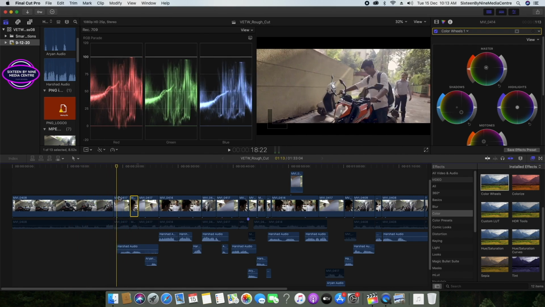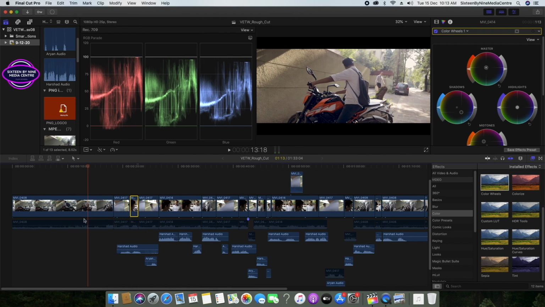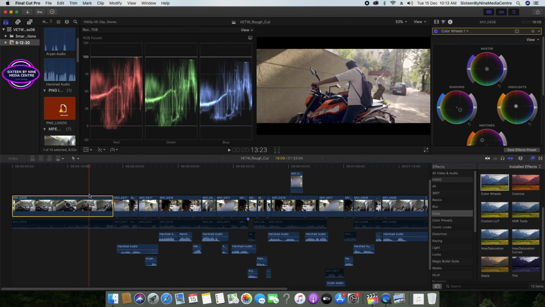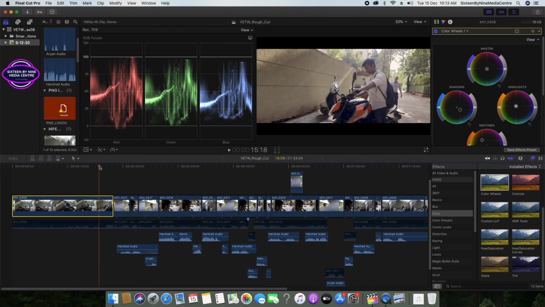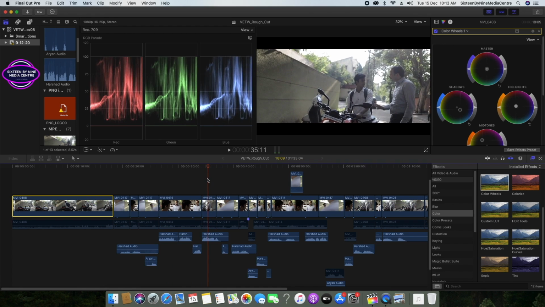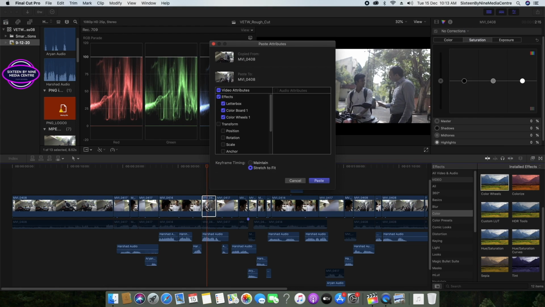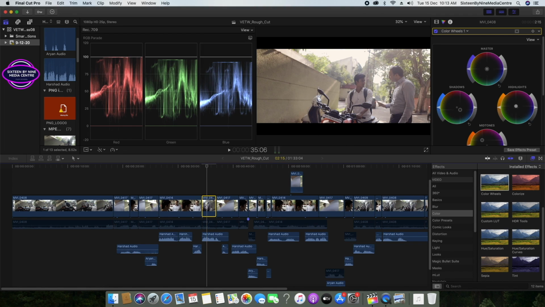Right? So what we'll do now, we'll select this, and I'm doing Command C on Mac, and I have copied this clip here, and I'm coming to this region. This is the same clip, okay? So I'm doing Shift Command V. Whatever effects were added in this clip are coming here. So I will deselect the letterbox. Letterbox is this cinema scope, and I'll only select color board and color wheels, and I'll paste, and automatically it changes.